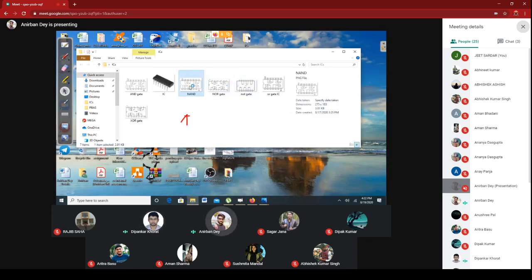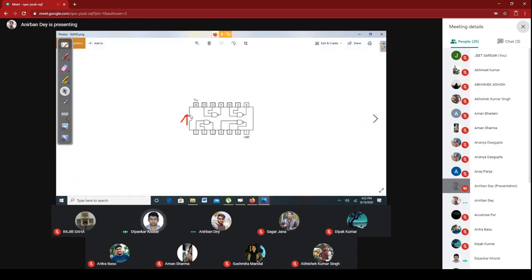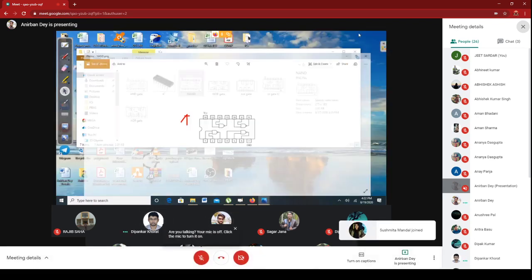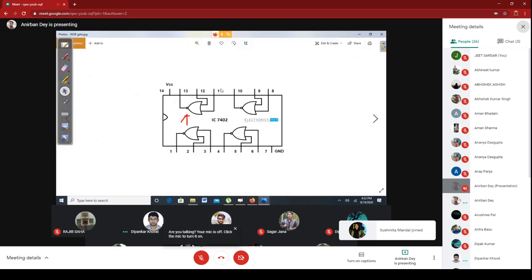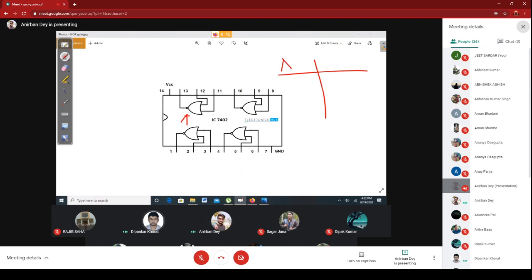See the NAND gate here. These are in the right direction. The only exceptional case is the NOR gate, and the rest of the things are the same. The logic is different. Here the output is 1 only when all inputs are 0.